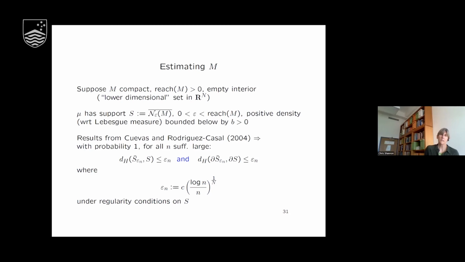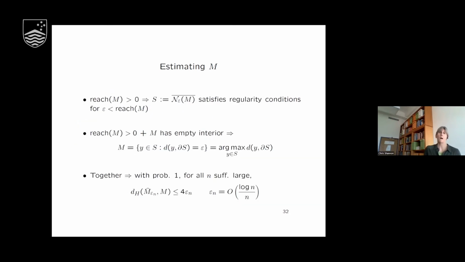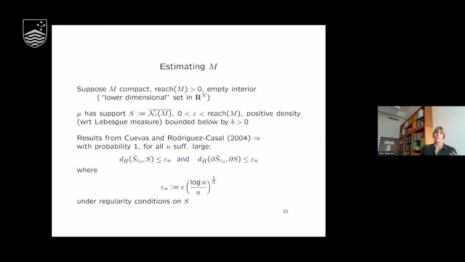And so this can be done under some regularity conditions on the set, and in particular conditions that have a similar flavor to the conditions that we've been talking about. Okay, so these are slightly different, but in particular, they would be satisfied if the set that we're trying to estimate looks like a closed epsilon neighborhood around our set M, which is a compact set with positive reach. And so roughly this is the same sort of property. So the question here of trying to simultaneously estimate the set and its boundary